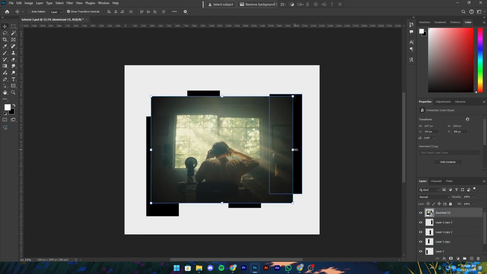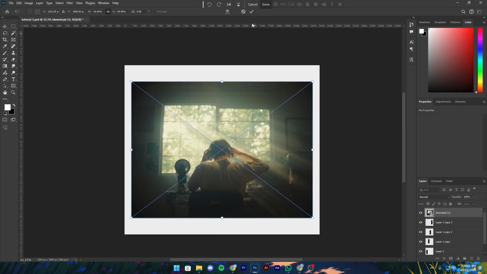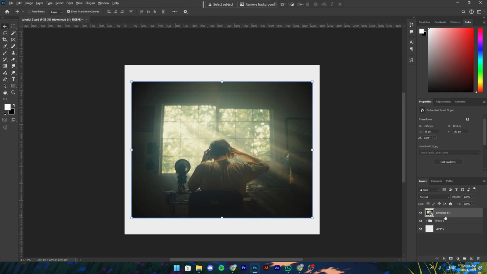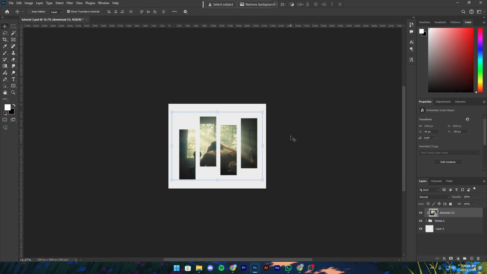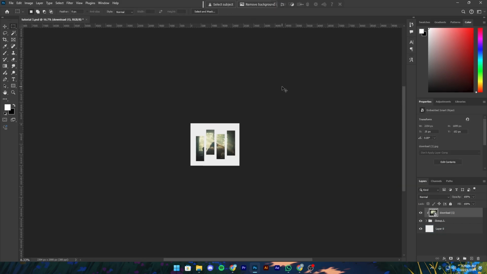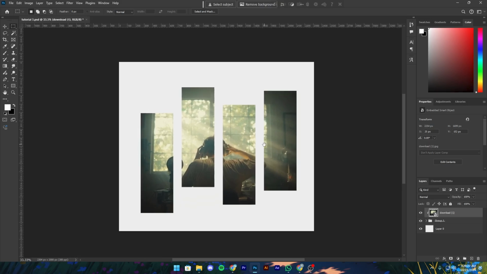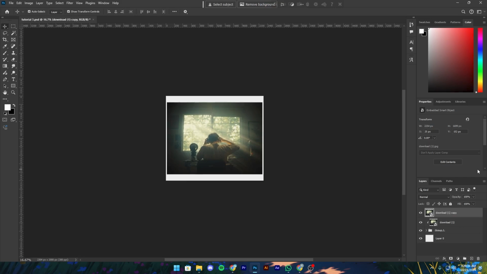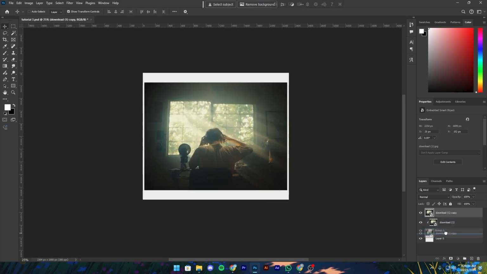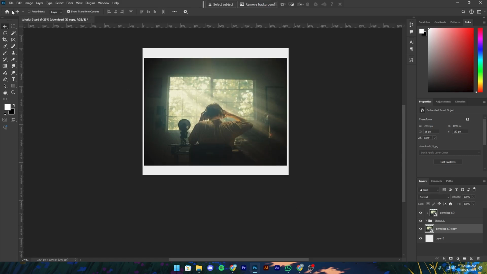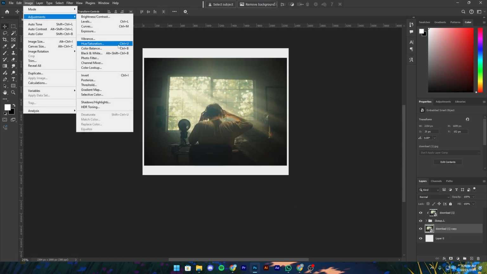Then I'll just simply larger the image, make all of these shapes a group. Then I will just create a new clipping mask. Okay, something like that. Then what I'm gonna do is just simply duplicate again this layer, make it to the bottom of all of this layer, then make it black and white,